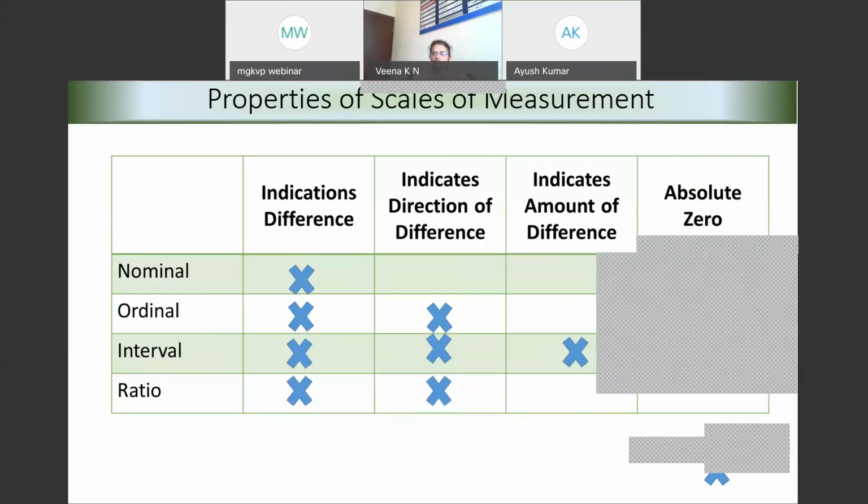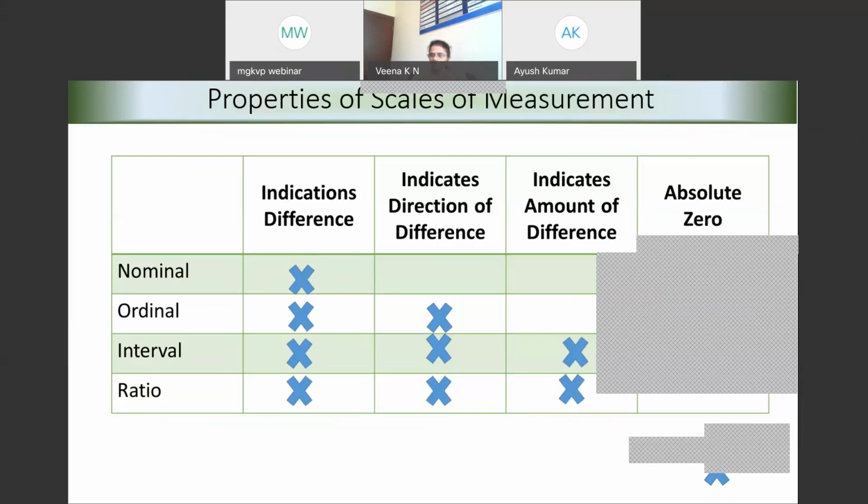And when it comes to ratio scale, basically ratio scale means actual counting or actual measurement, and therefore it indicates difference, it indicates direction of difference, it indicates the amount of difference.